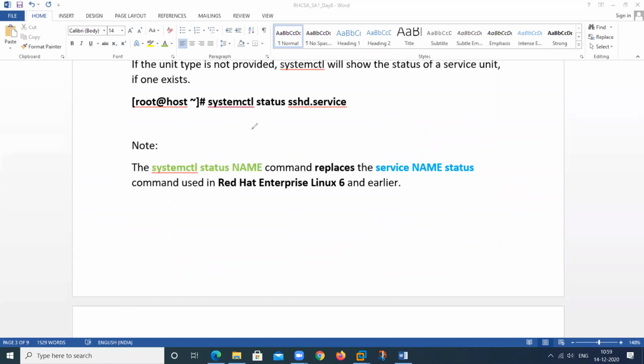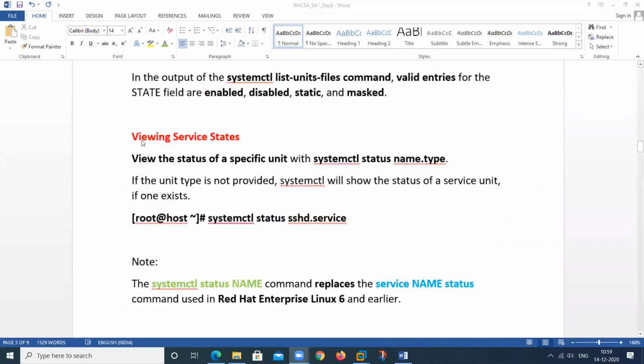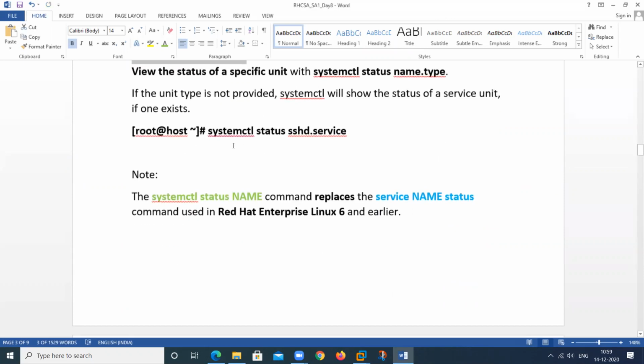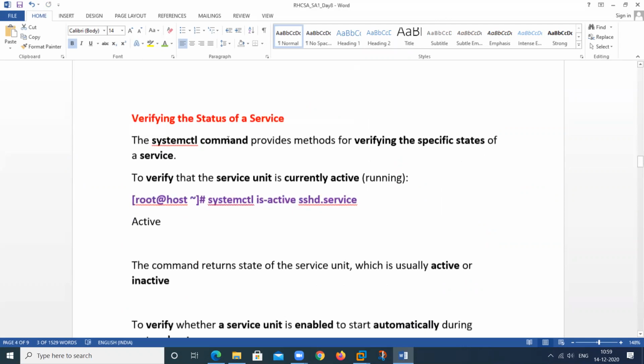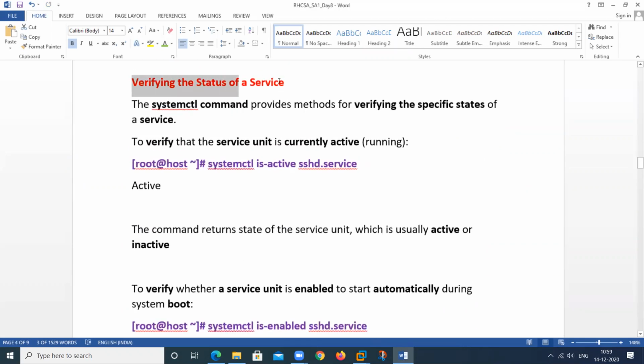And how can we see this? Check. So this is about how to view the service status, how to check the status of any service. By this command, we can check the status. Whether the service is started, enabled, loaded, not loaded, all the things will be displayed by using the status command. After that, we will discuss how to verify only the status: whether it is enabled, active, or failed. These types of status we want to display, so we can use the is-active command.